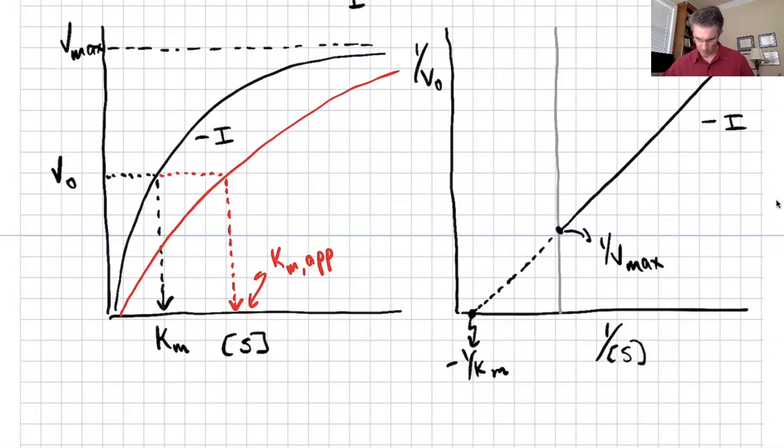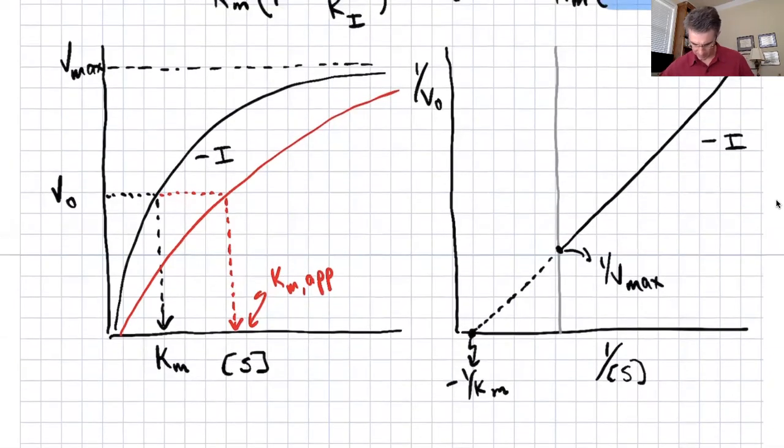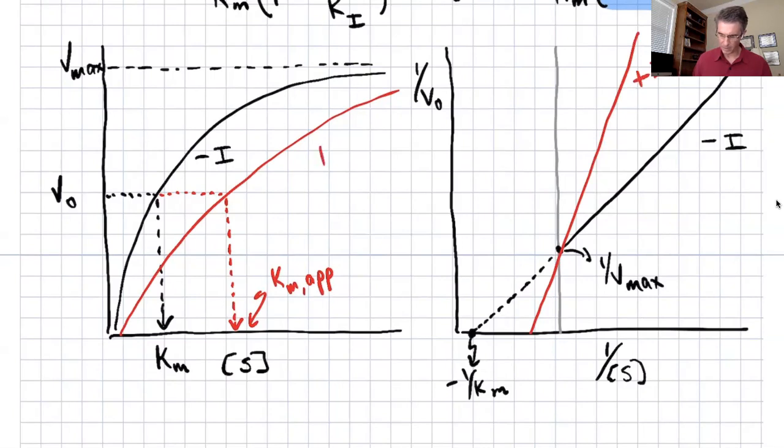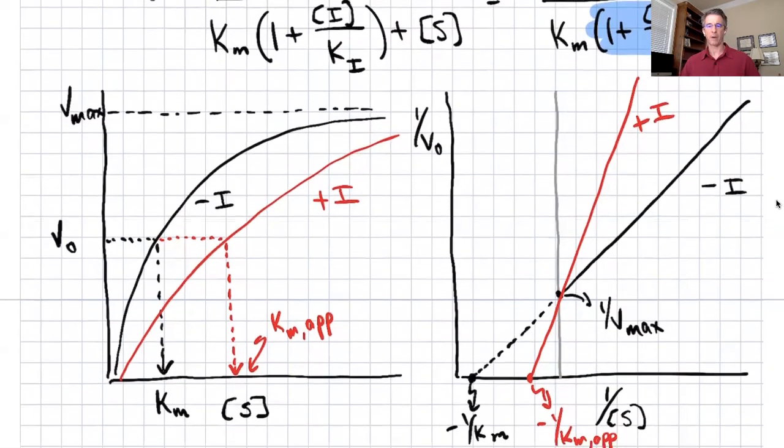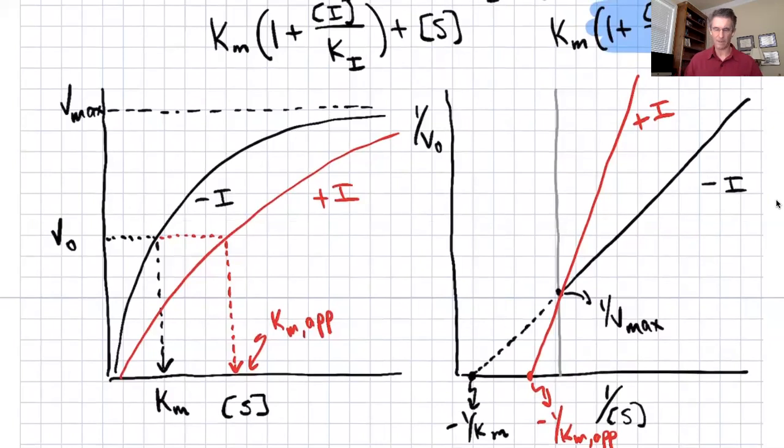And in the case of the double reciprocal plot, same thing is going to happen, but that curve is now going to do this. Again, this is plus inhibitor. Here we have plus inhibitor. And so now over here, our -1 over Km apparent. It becomes obvious sort of what's happening. All the effect is in the Km, which is why the standard plot, or the Michaelis-Menten direct plot, the curve shifts over to the right, the Km apparent shifts to higher concentration, and in the double reciprocal plot,